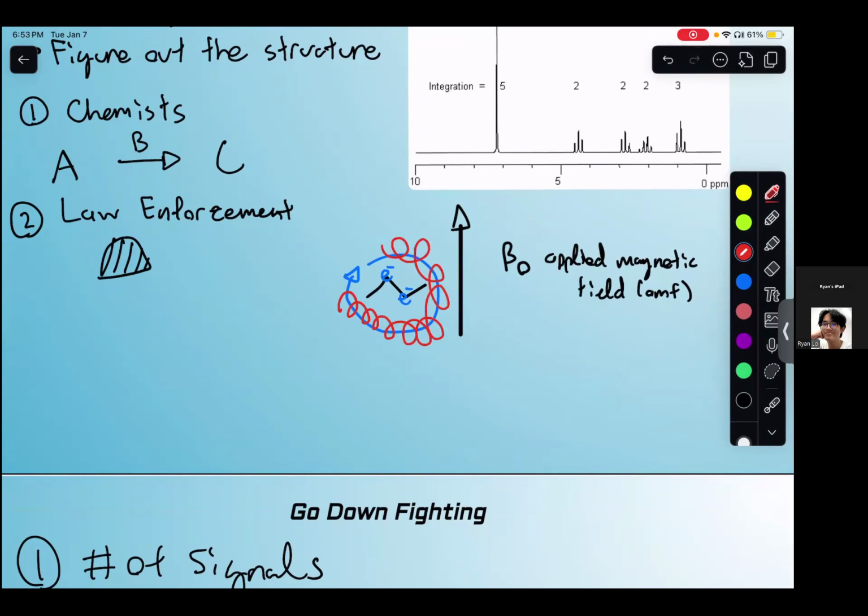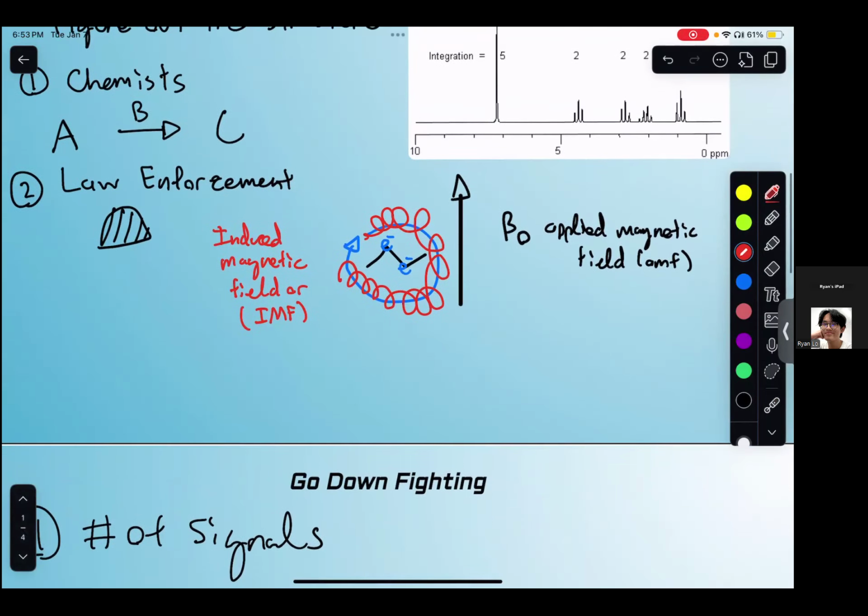It'll generate an induced magnetic field, or IMF. And then from there, you have hydrogens that are in there, and depending on their unique chemical environments,